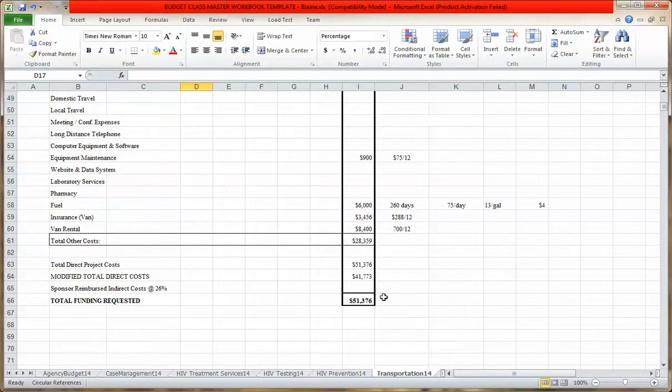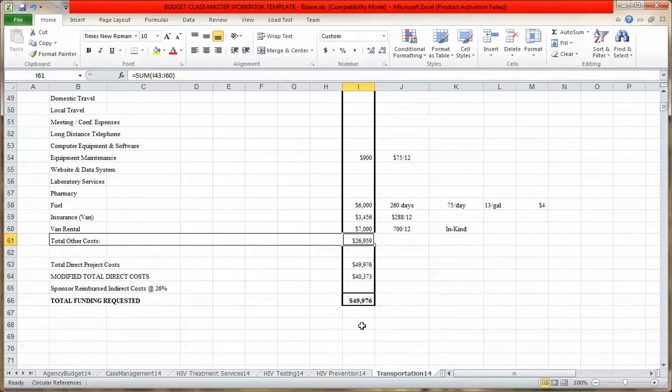And you're going to see that we're only about $1,400 from where we should be. So I'm going to type in kind here, if I can type. And I am going to change this amount for the van rental and try to convince the person that's renting the van to us that it would help us tremendously if rather than $8,400, we could get it for $7,000 and they could take a tax break, which means that we're going to have our budget at